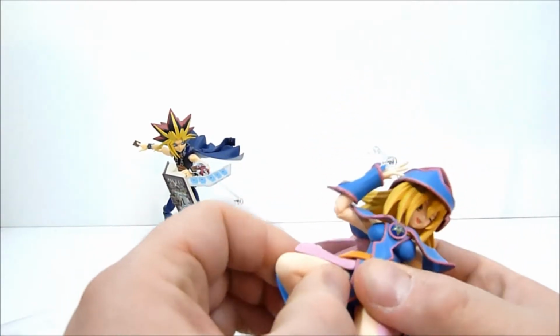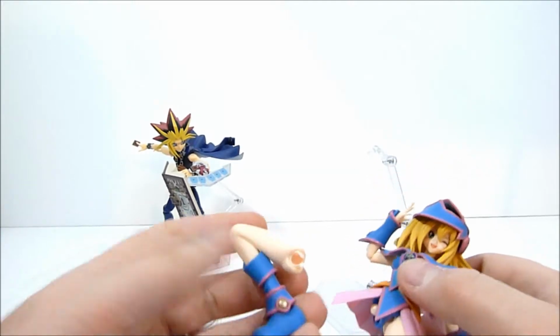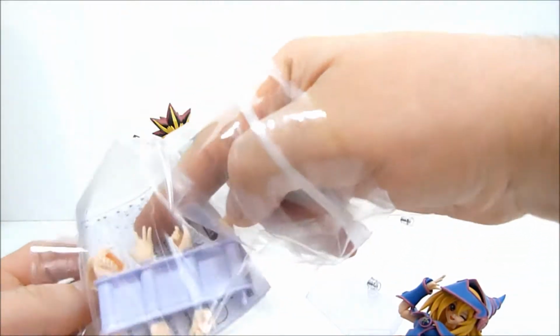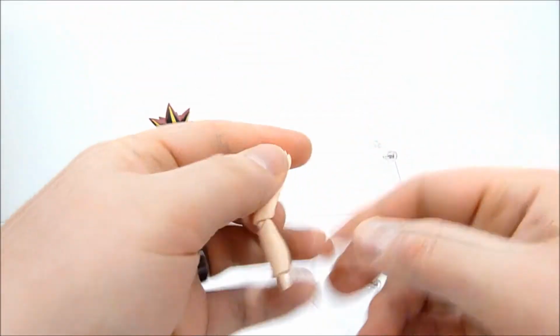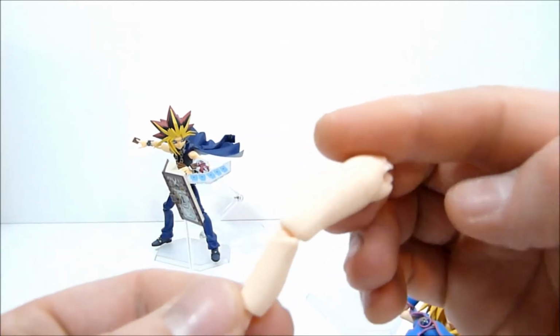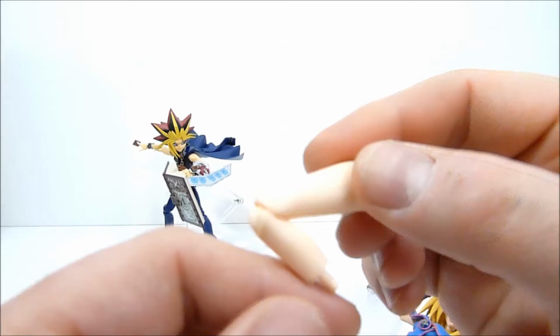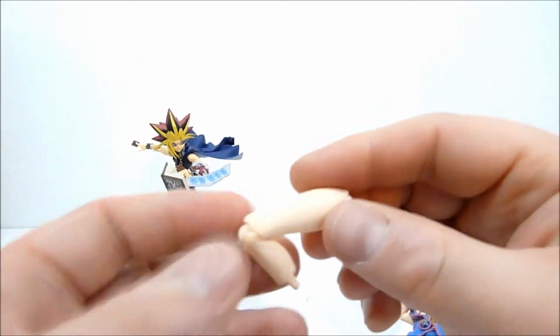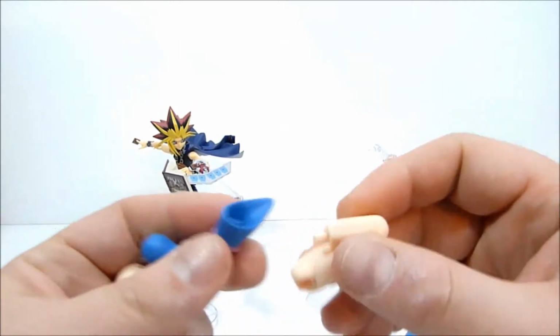So all you really do is just pull it right off of the ball joint like so, and we'll grab her proper leg out of here, because you can certainly get a lot of nice poses with the legs just as they are, and I'll show you that real quickly. So this is the normal leg, and it can go that far back, but there is that kind of Figma joint in the front,